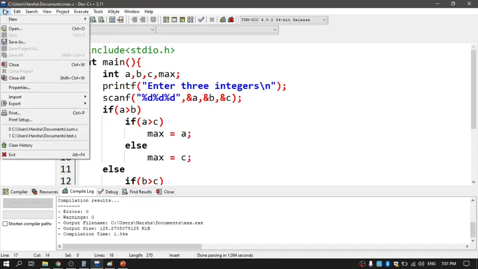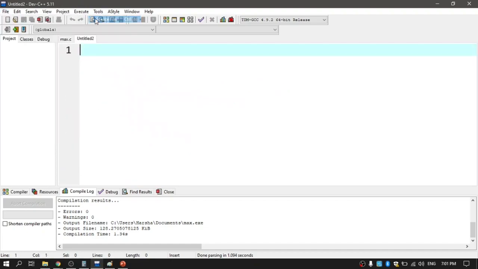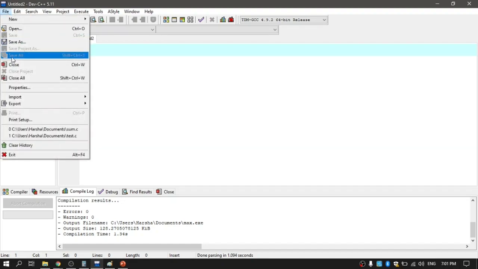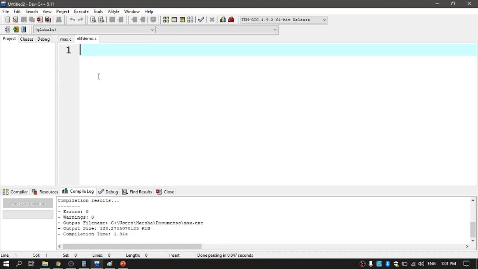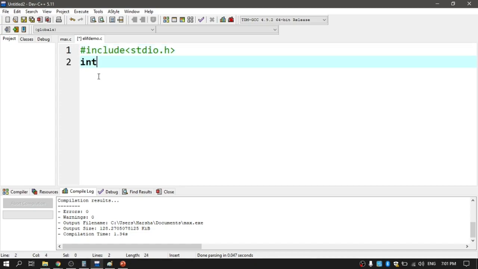Here I'm going to take a new program, source, and let me save this one. Save as else if ladder demo, something like that. I'm selecting .c as my source. Save, and as usual, #include stdio.h, and then int main,